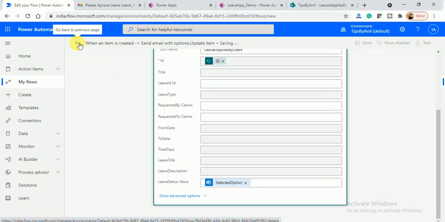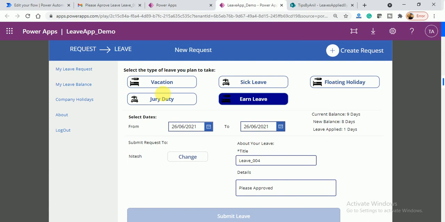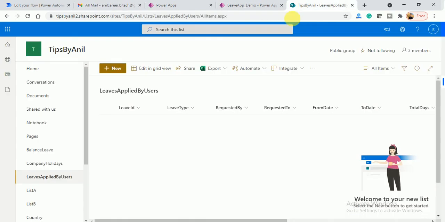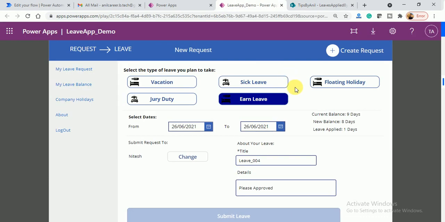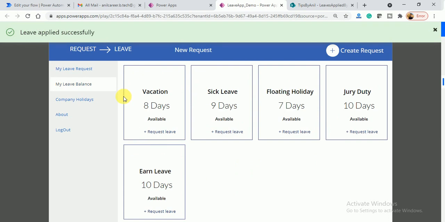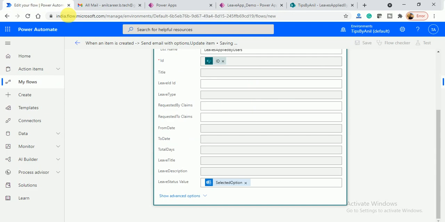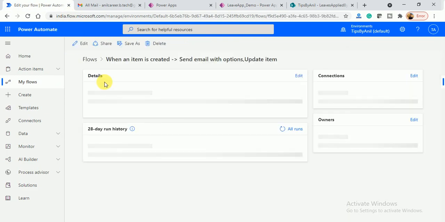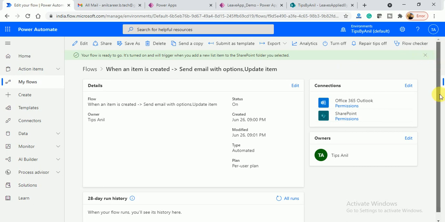So let's create a request. Now from here I will create a leave: 001, summative leave. So leave applied successfully. Now I will check my workflow.